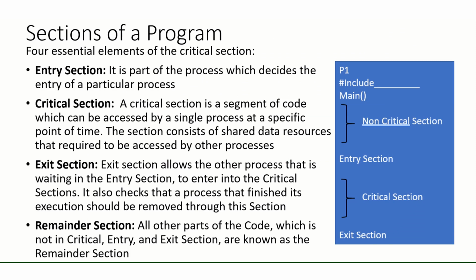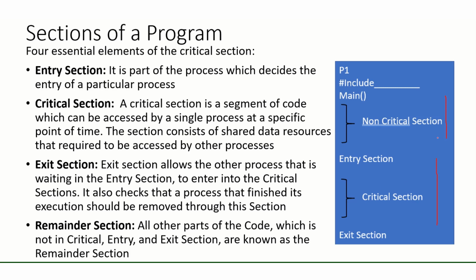Critical section is the part of the program where the shared resources are accessed by various processes. Here we are talking about cooperative processes. We can also say that the critical section is the place where shared variables or resources are placed. The program is divided into two parts, critical and non-critical. So here I have shown the critical section and a non-critical section.